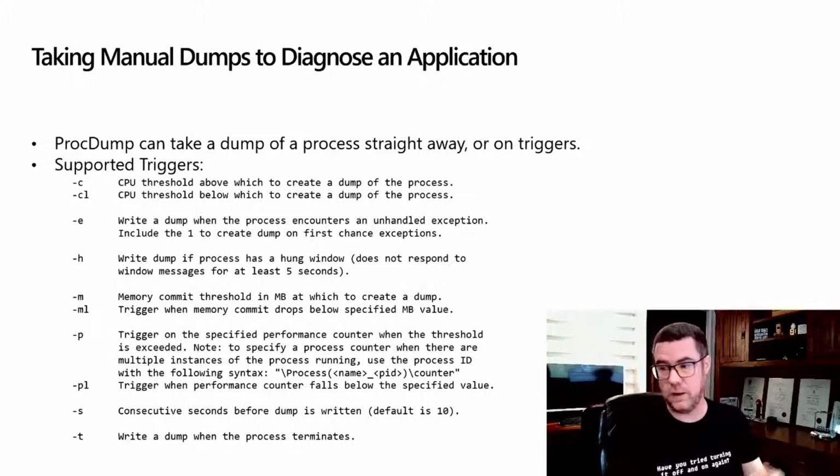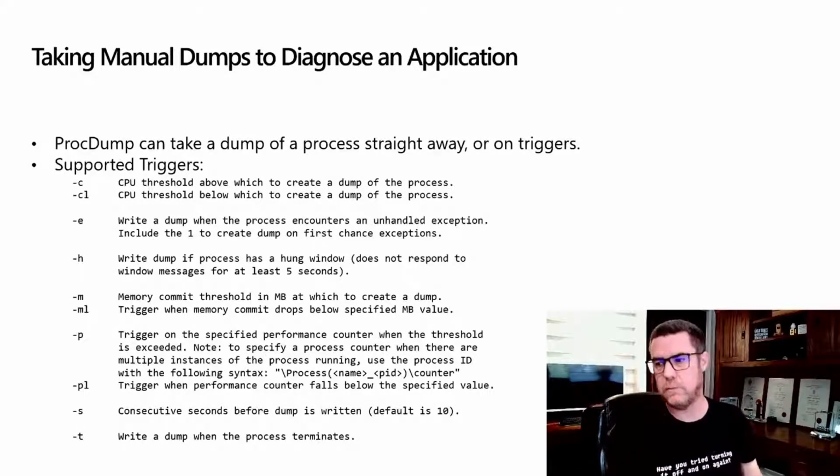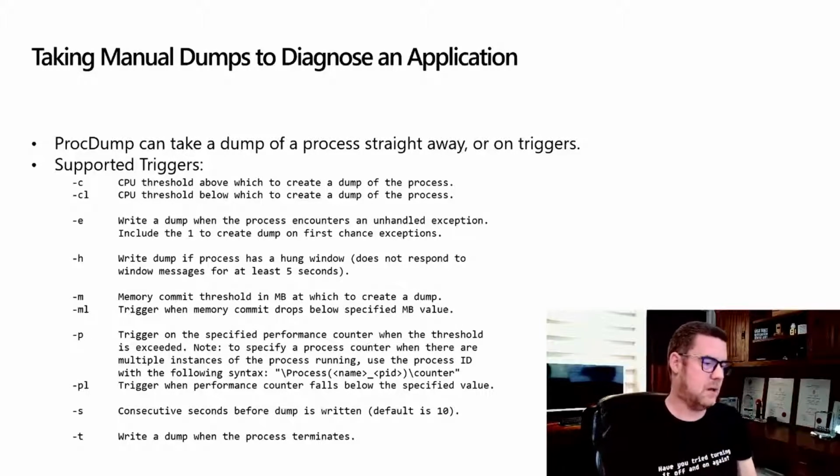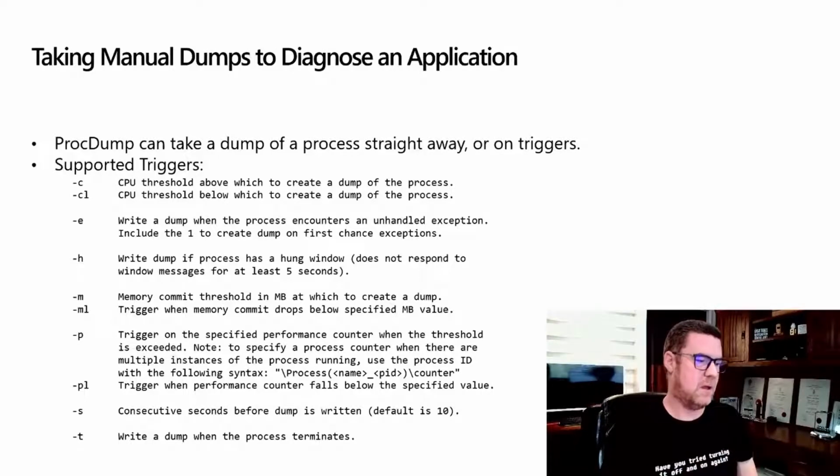rather than being critically killed. So that's what exceptions is for. -H is hung windows. That's when you want to diagnose a grey screen where an application freezes and ghosts. And then the other one that's not used very often is terminate. That's when you literally terminate yourself. You can call the API process terminate, self-killing. So you want to find out what code caused that.